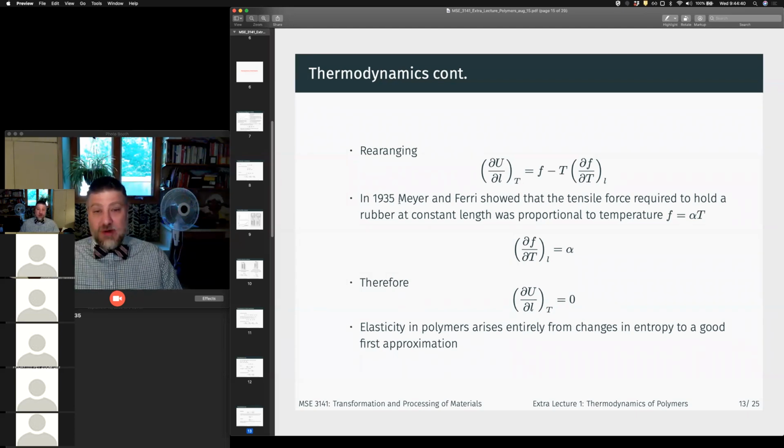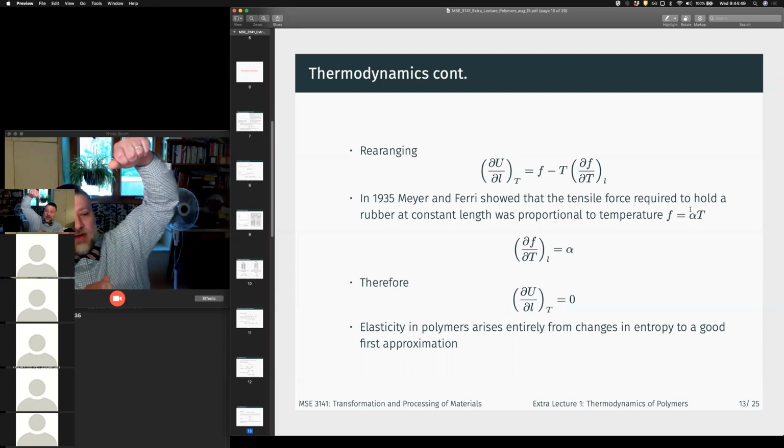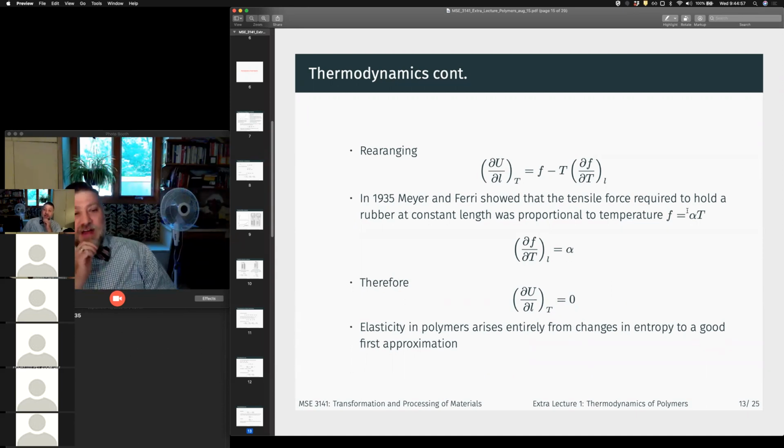really nice experimental work in 1935 from Meyer and Ferry. What they did is they pulled a rubber and then changed the temperature and looked at the force required to hold it at a constant length. And they found that this force was linear with the temperature change. So that means the change in force with change in temperature is equal to a constant,